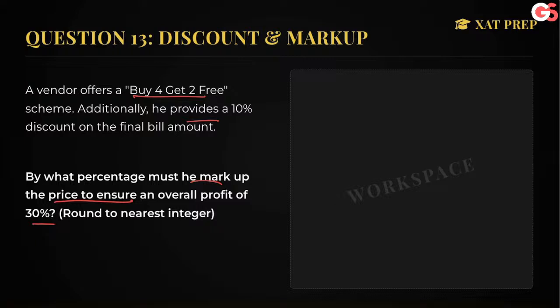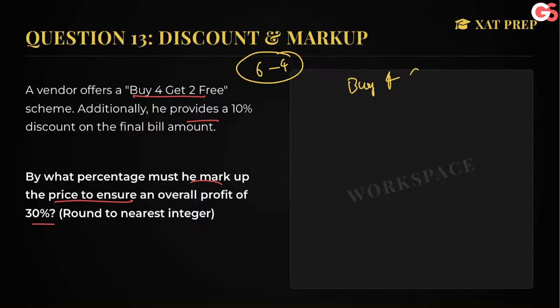ठीक है, अगर buy four get two है, इनमें क्या होता है? देखो यहाँ पे एक माइक्रो कॉन्सेप्ट है. माइक्रो कॉन्सेप्ट समझने के लिए सबसे आसान तरीका क्या होता है कि तुम्हें यहाँ पे अगर ₹4 का सामान तुमने खरीदा तो तुम्हें ₹6 का सामान मिल गया. इजंट इट? हम्म या फिर वेंडर के हिसाब से उसने 6 रुपए के सामान को 4 में बेच दिया, ये भी कह सकते हैं।